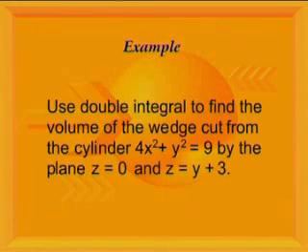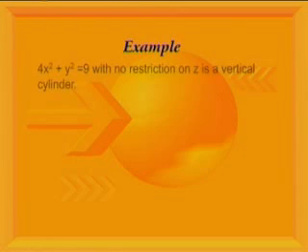Here is the example. Use double integral to find the volume of the wedge cut from the cylinder 4x square plus y square is equal to 9 by the planes z is equal to 0 and z is equal to y plus 3. 4x square plus y square is equal to 9. If there is no restriction on z, then it is a vertical cylinder